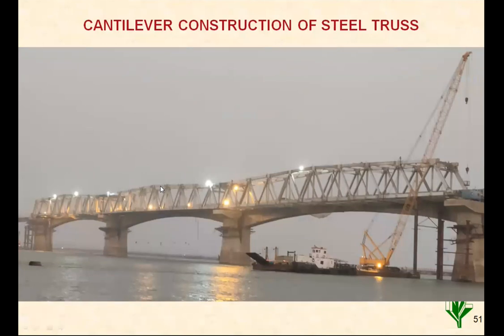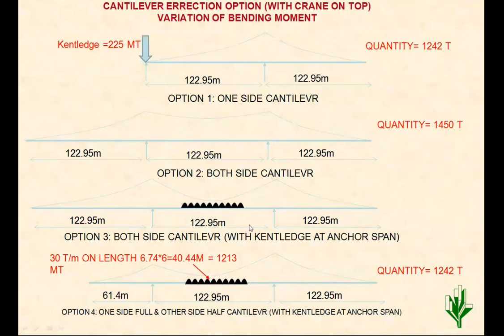So the difference between the two, this is after completion of one side each span. In analysis, this is very simple to understand. In the first case, say I have done the exercise for a 122 meter span. So the first 122 is a simply supported, erected, completed span. Now erection is going on for this second 122 meter span. So that is a cantilever of 122. Then the bending moment diagram will go like this. Then there will be some overturning at this point. To avoid that overturning, we have to put some kentledge here. That is obvious. So the bending moment looks like this.